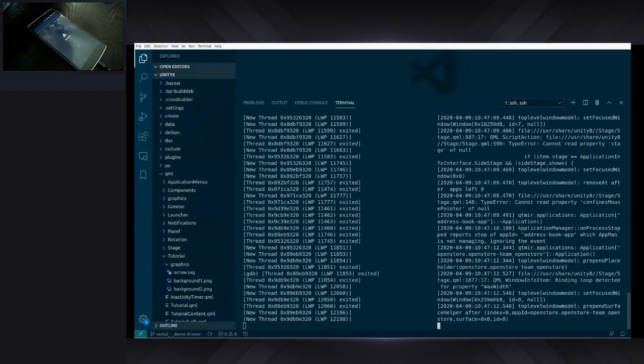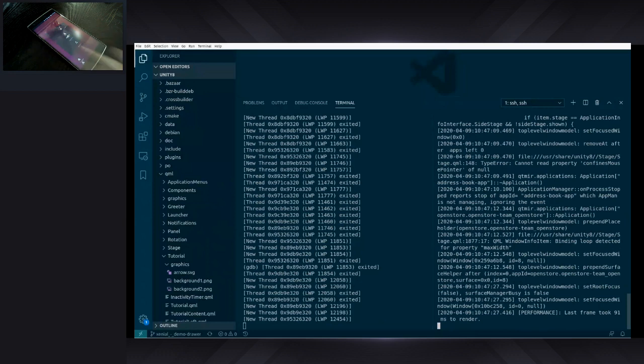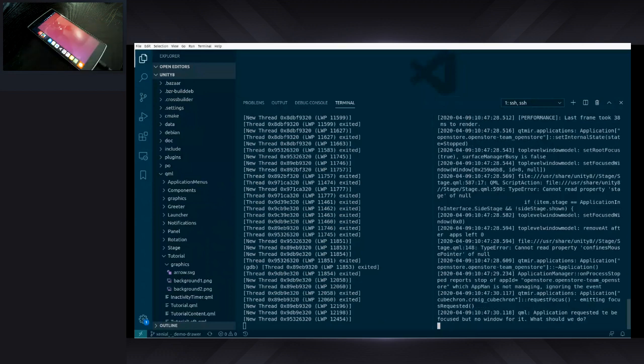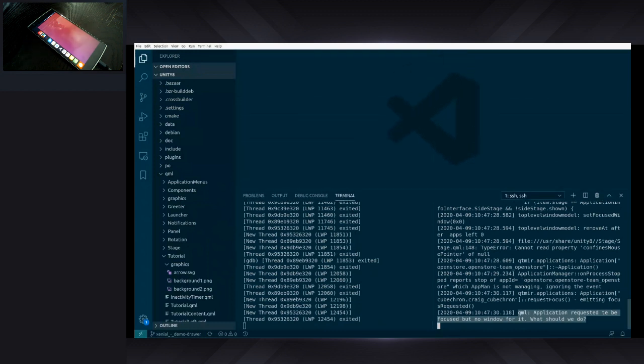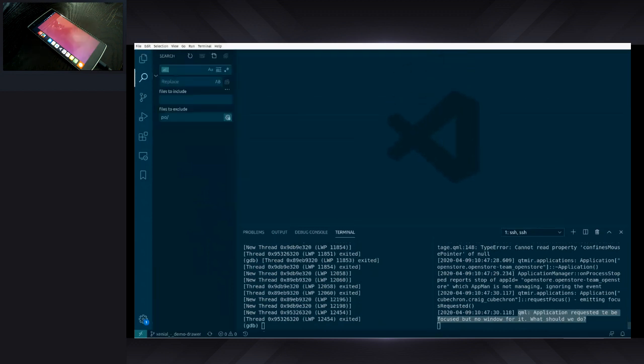Huh. Wow. I'm just as surprised as you are. Can we start cron again? No. And here's an interesting error: application requested to be focused, but there's no window for it. What should we do? And I bet if I were to look inside Unity's code for that exact string,